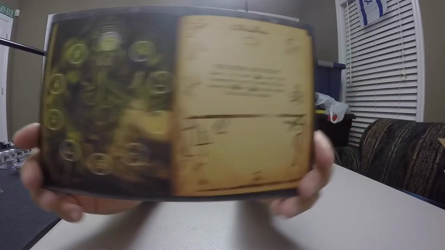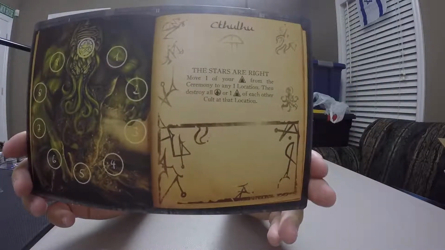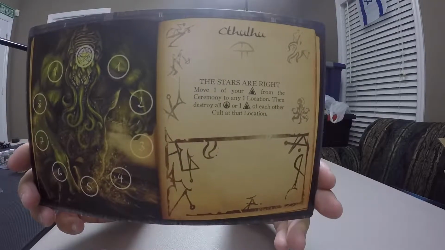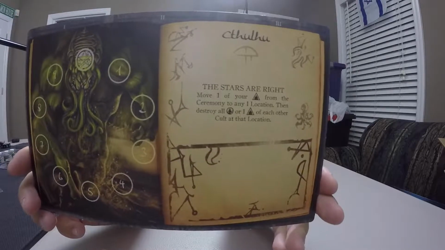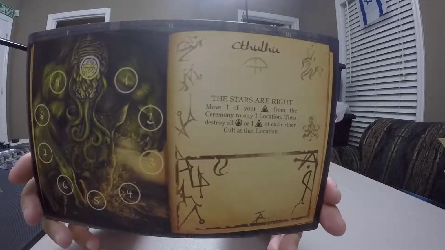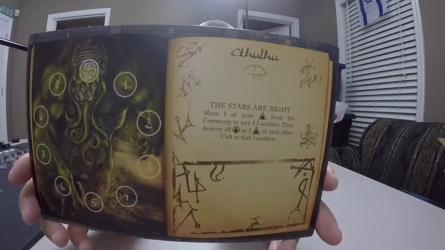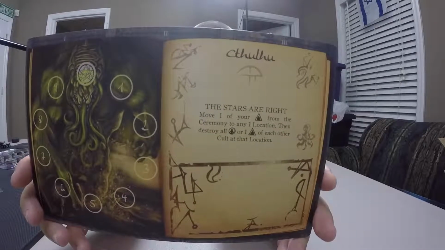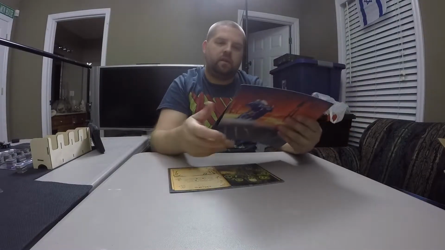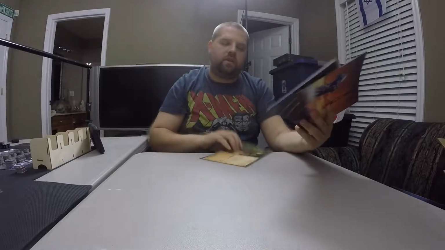And then over here on the side is where your lodge is, and you can see that this has Cthulhu. This is Cthulhu. He has the power of the stars are right. So there's abilities that you have, that your Elder Gods have, dark gifts that you can use if you go to the right place on the map. So we have Cthulhu, and this is in the core box. Yog-Sothoth,